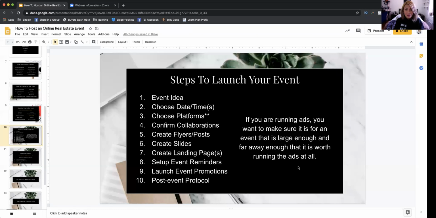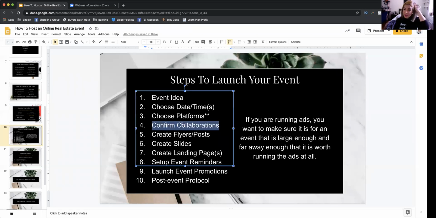Are they responsible as well to promote the event to their sphere of influence and their database and things like that, right? Which I highly recommend telling them, hey, would you please promote this event to your database as well, right? You want to make sure that after you have done steps 1, 2, 3, and 4, that you